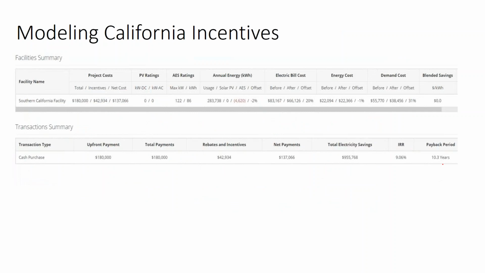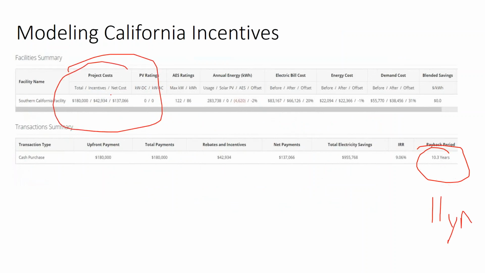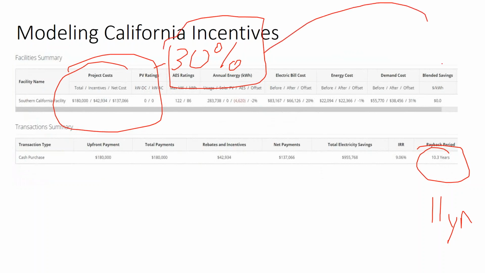But if the battery bank by itself gets a 10 to 11-year payback and the solar array gets an 11-year payback, effectively what you're doing is qualifying the battery bank for an additional 30% federal tax credit, which might not be the most noble reason to do solar on a battery-based system, but